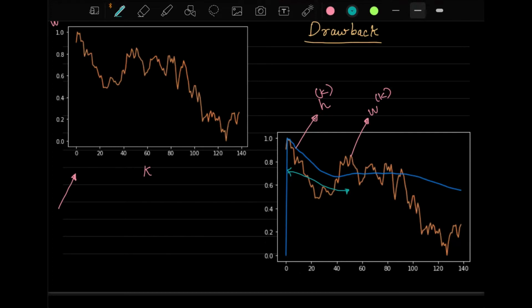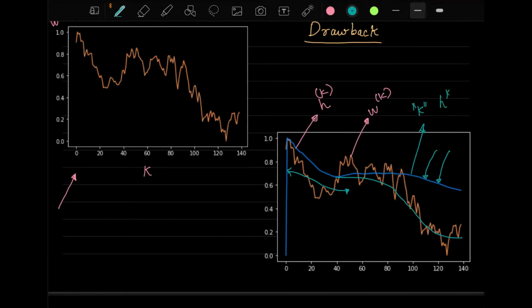But as your k increases, now you can see it's not smoothing at all. It's not actually taking the fluctuations into account. So ideally it should have done something like this, something like this, but it is going like this. And the reason for that is, at high value of k,